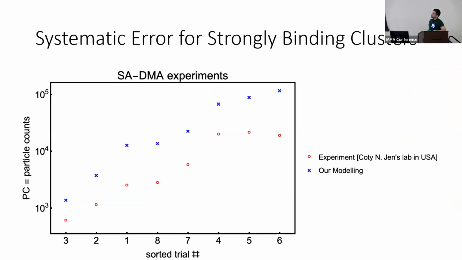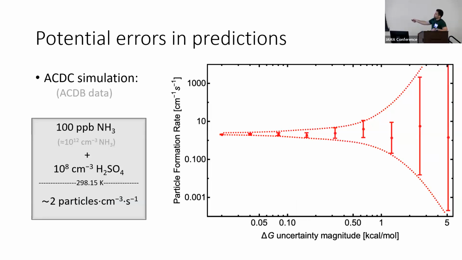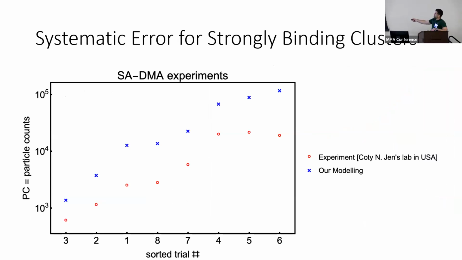So when we compared particle formation of some sulfuric acid dimethylamine clusters to an experiment from Jonathan Chen in some flow tube experiment where she mixed sulfuric acid and dimethylamine and observed how many particles are formed after 2 seconds of the flow. We get very similar trends, but we are like an order of magnitude off.